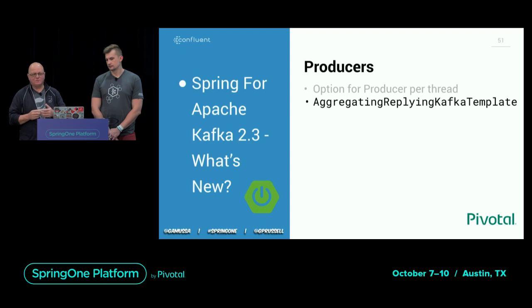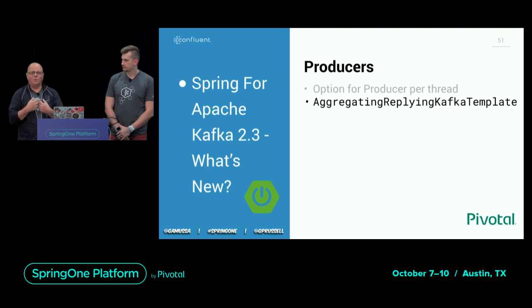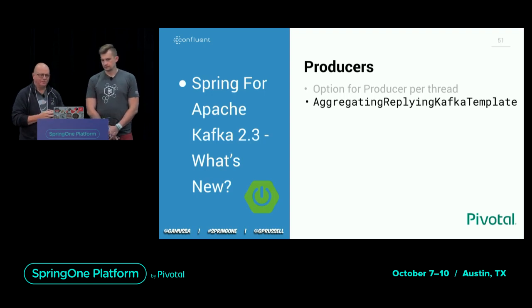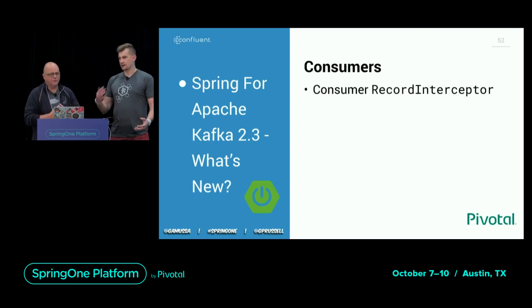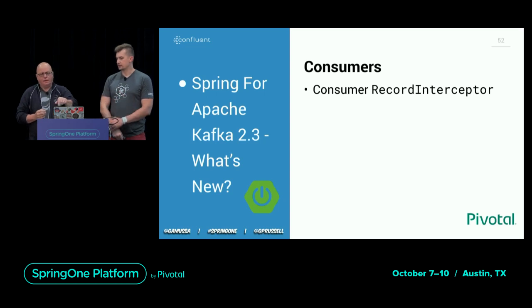One of our users came up and said, "Well, I've got a situation where I send a message to a topic, but there are three consumers on it. I want to wait for all three responses." Request-reply is a single request, single reply paradigm. So what this does is you can configure it to wait for up to 3 replies or until a timeout, and then you get back a list of replies. So that's kind of a nice feature. It minimizes the network hops and latency.